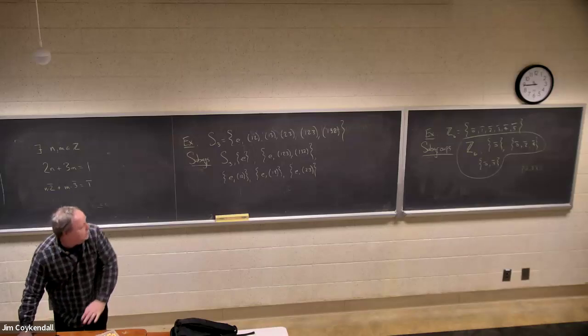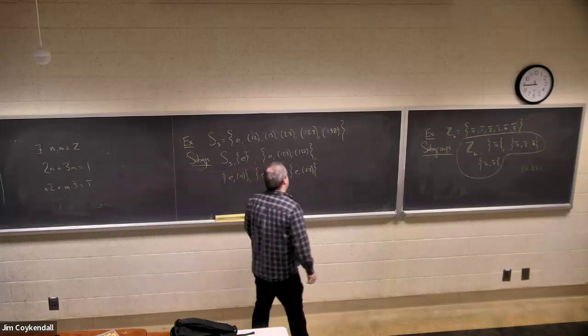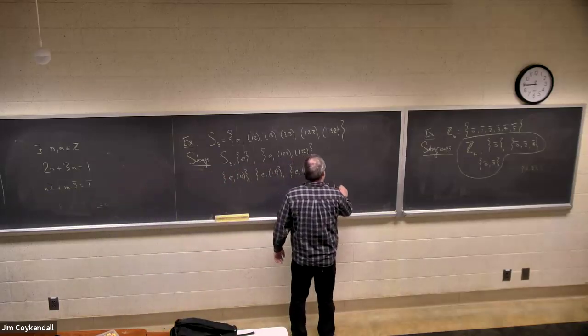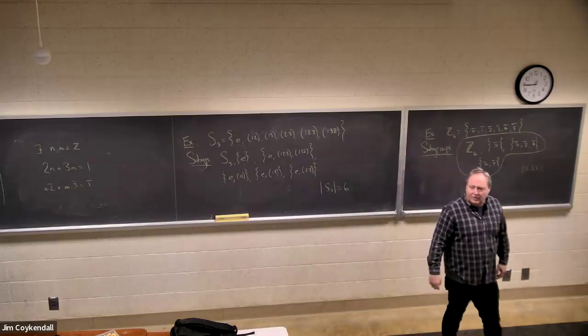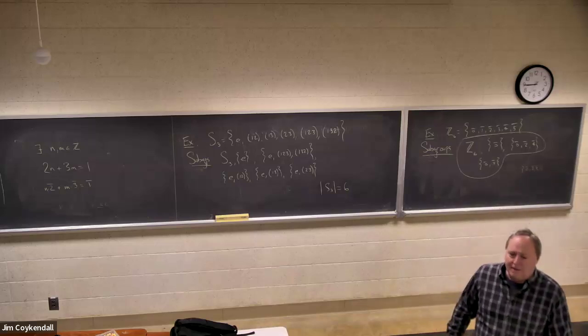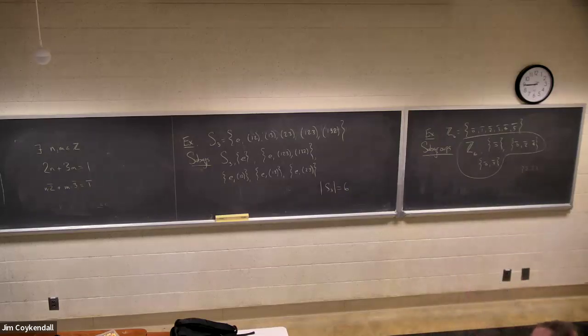This begs a question too, by the way. The order of this group is 6 and the order of that group is 6, right? These are very different groups. Can somebody give me something really striking that's different about these two groups? The number of subgroups. He's correct, right? One of them has 3 subgroups of order 2, and one of them just has 1. But